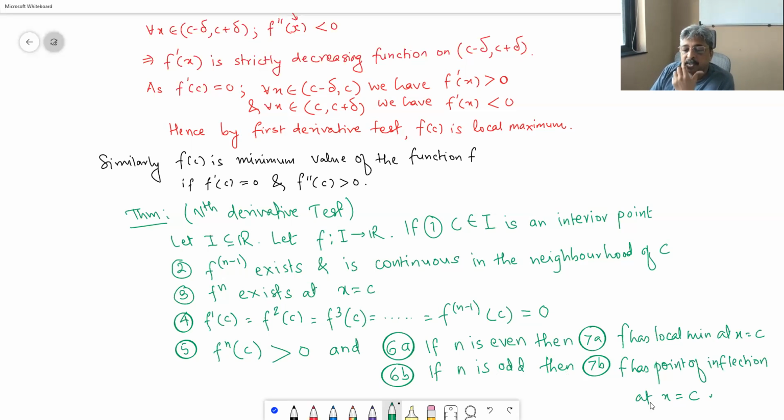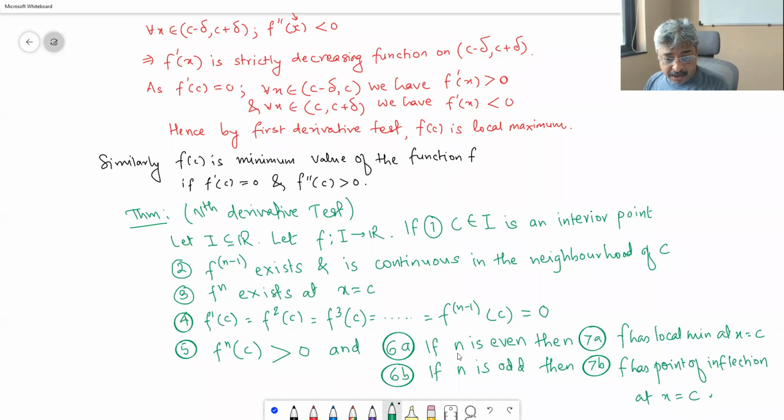So maybe we have to write down the definition of what we mean by point of inflection. You leave this point at this stage, we will write it. But because we have written the theorem now, just start thinking how the proof of this theorem should be written. That is one. And second, if we could complete the proof of this theorem,